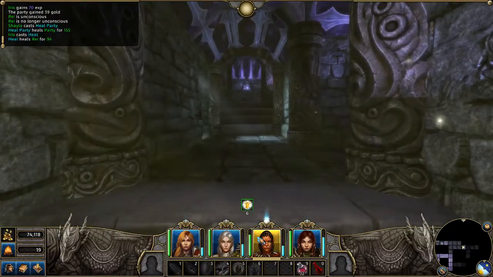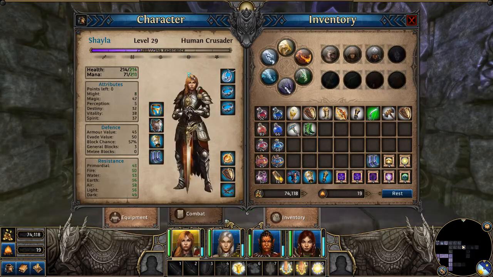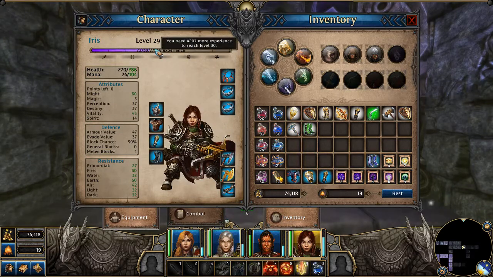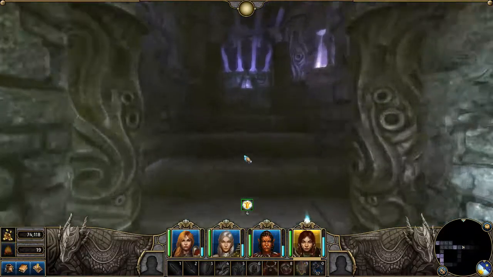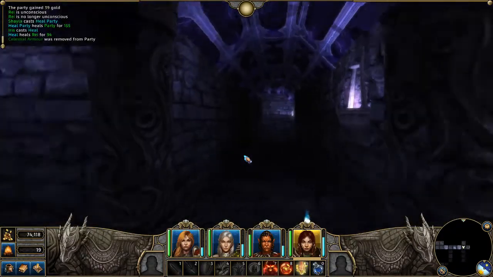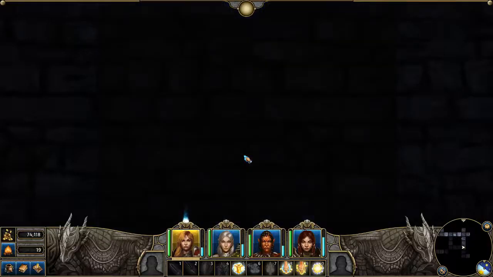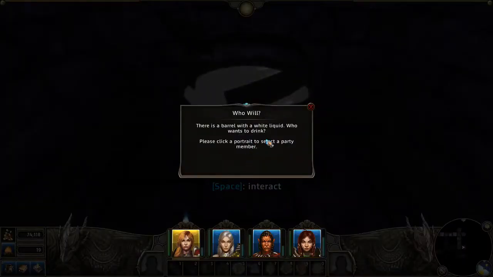I'm not particularly worried that Ray didn't get the experience there. Mostly because she's, what, got at least 10% on Shayla, 5% on Tina, and 5% on Iris. She's way ahead because she kills the most things. There should be another secret door somewhere around here. Aha! And another barrel? Yes. White liquid, that is perception. That can go to...